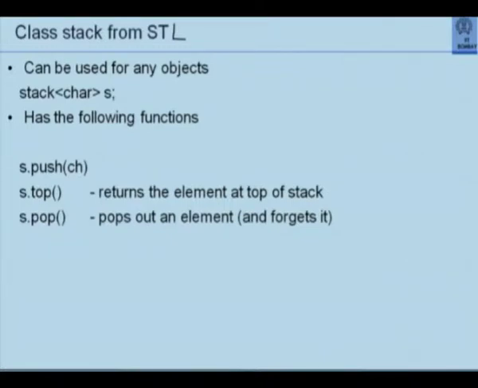Can you notice the similarity between the function definitions and the standard functions that you use? You don't have to do anything to implement top, pop, push. It has been done already. But there is something else that is additionally advantageous as compared to the conventional function definition. And that is, the private data members are completely hidden. The implementation is completely hidden, which can be hidden even in case of functions. But you have no mechanism to access any private data member directly. So you don't even know what it is and how it is done. Okay.